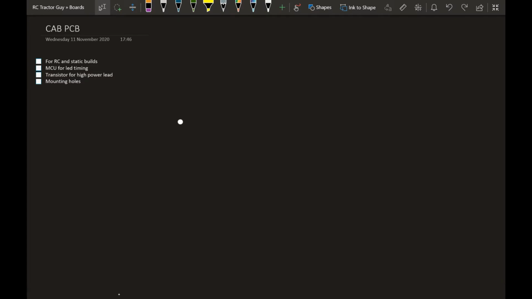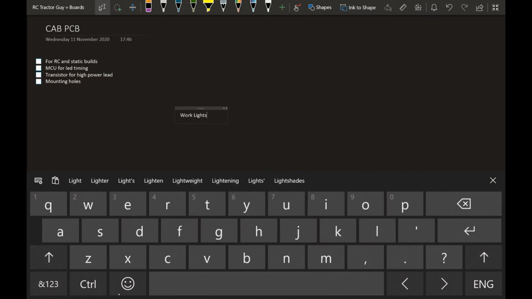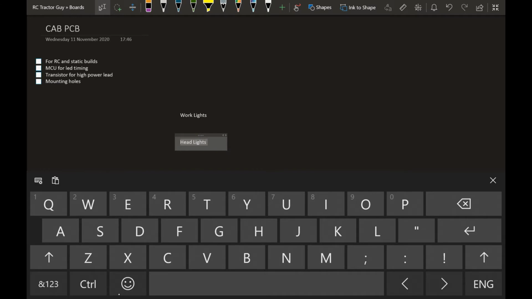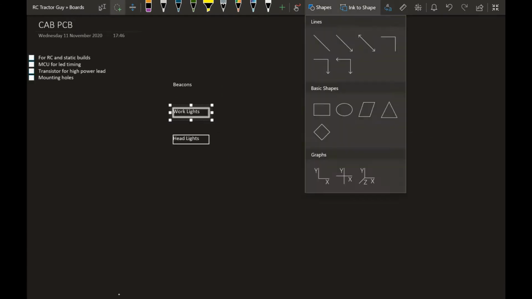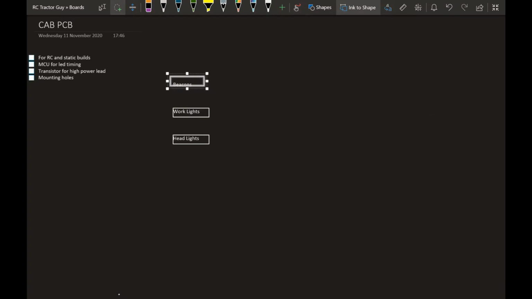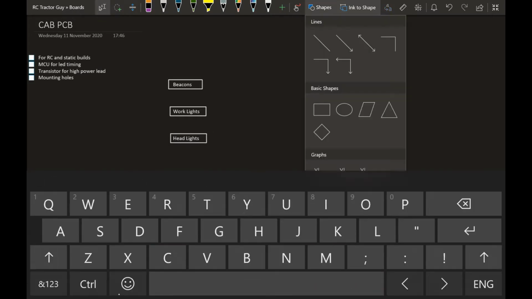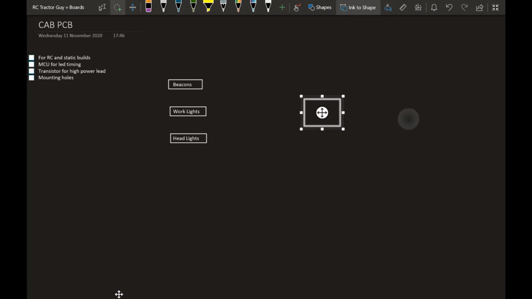Now we want to roughly draw our circuit that we're going to try to create. That'll make the actual PCB design a lot simpler. So we know we have a few outputs that we want. We have our beacons, our work lights, our headlights. We know we're going to have our microcontroller. So we'll put those components in our drawing first,